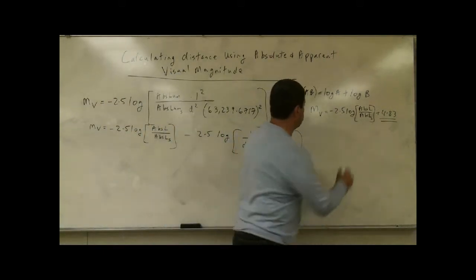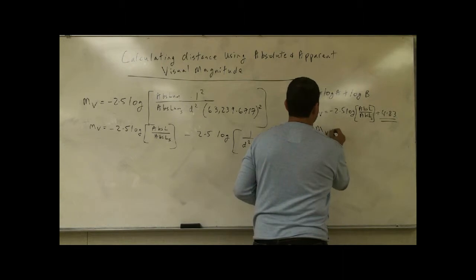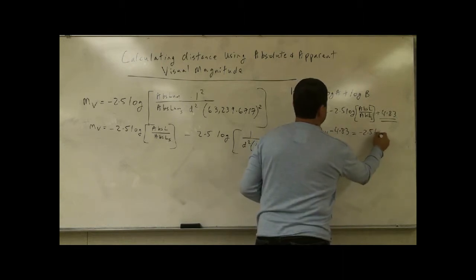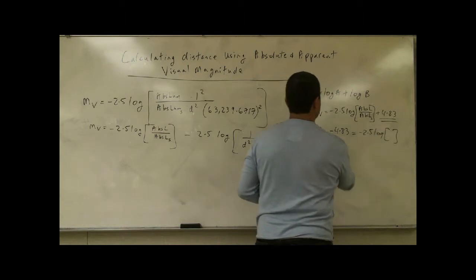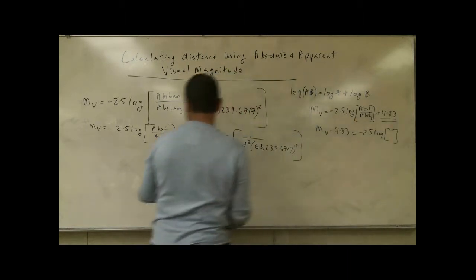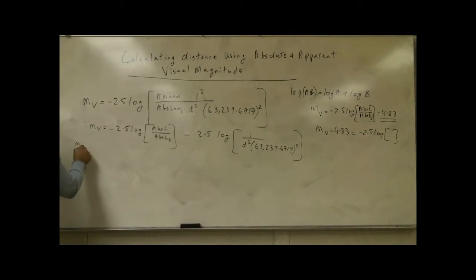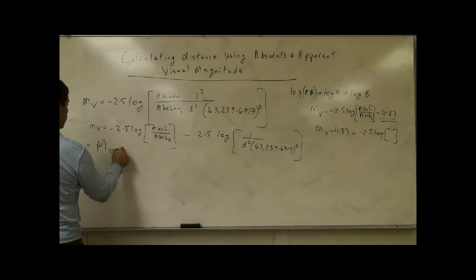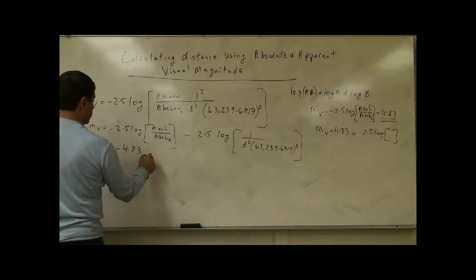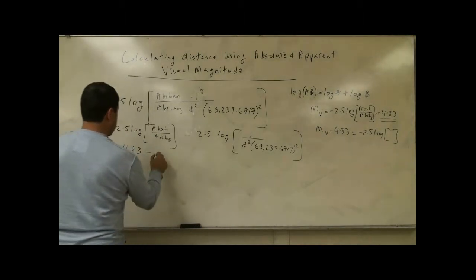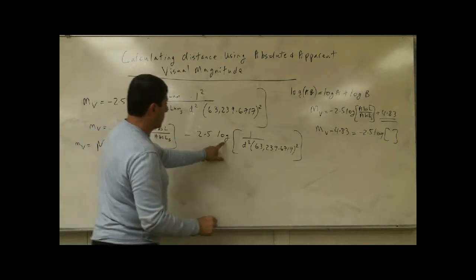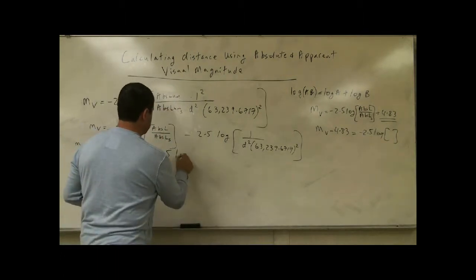We can say this one is equal to big MV minus 4.83. We could take the 4.83 and bring it here. So this one will be little mv is equal to big MV minus 4.83 minus, and then this one, I'm going to separate it further. Log of 1 over d squared